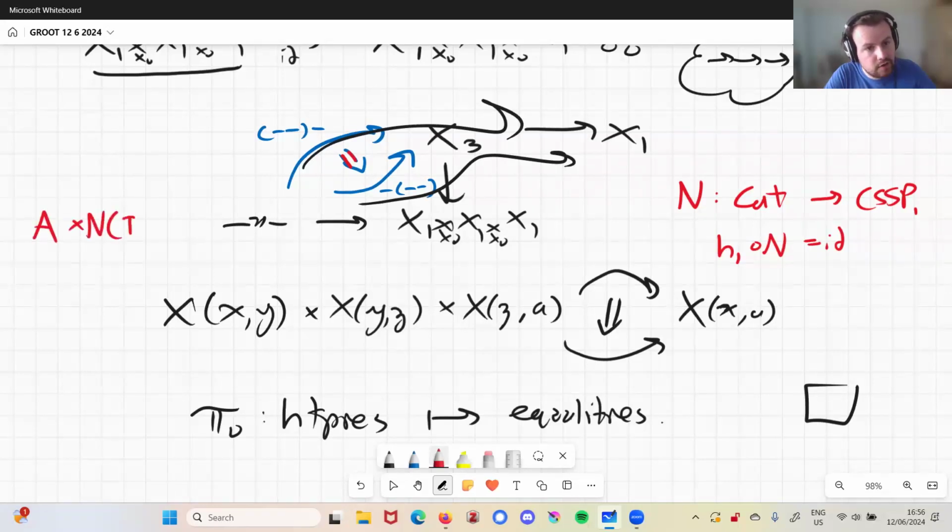So we're going to have the nerve of what I'll call I of 1. This is the walking category. It's a category with two objects and an isomorphism between them. That's it, right? This is what we are going to mean by a homotopy. And for model category theory, this is an appropriate notion of homotopy.